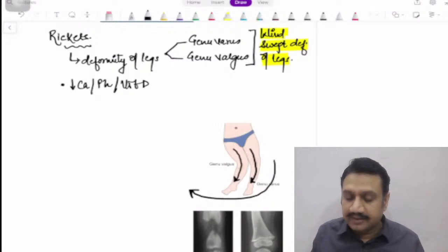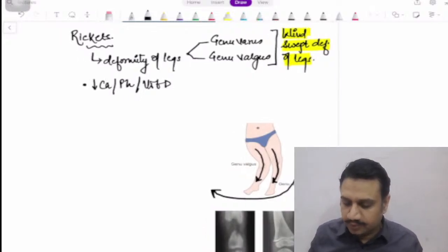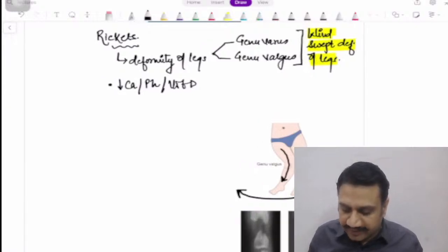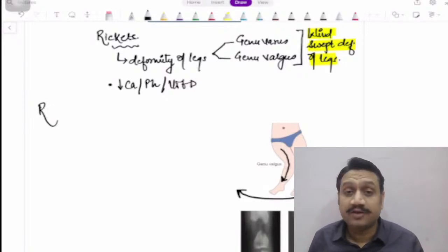White line of healing. How does that look? The x-ray can show you an absolute white line like this, right? Irregularity is a usual feature of the rachitic x-rays. Irregularity at the metaphyseal area, we call it what? Splaying and fraying, remember? So